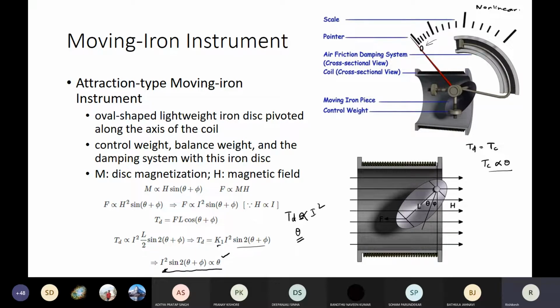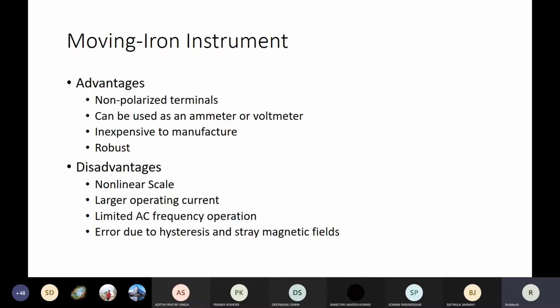So we assume that H is developed by the current carrying coil. However, if you bring an external magnetic field, that will completely change the relationship between the amount of deflection and the current flowing through the coil. Okay, so these are a few disadvantages, or probably you can say limitations, associated with moving iron